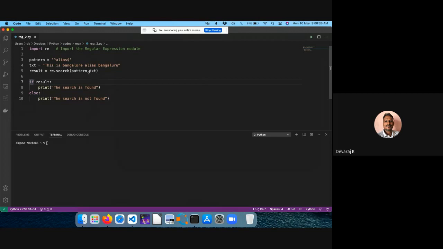But why is it giving that error? It should give correctly actually. Either the match is found or something. This is alias.